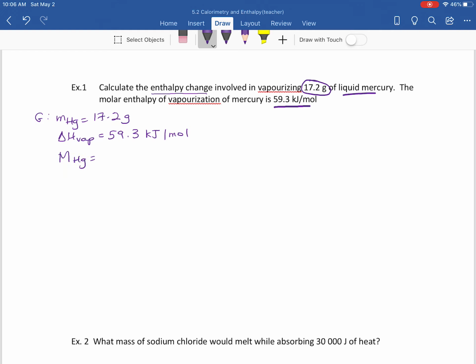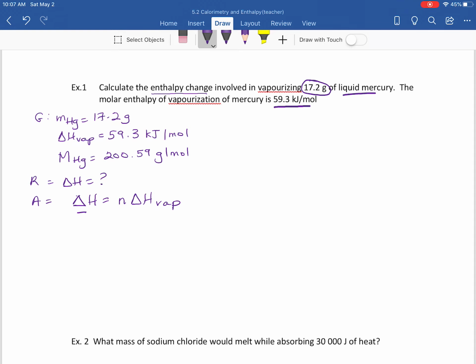All right. What else do we know? We know the molar mass of mercury. And I looked this up. I'm saving you the trip to your periodic table. It is 200.59 grams per mole. Okay. What are we looking for? We are looking for the enthalpy change. So we will use this formula right here. Delta H equals,